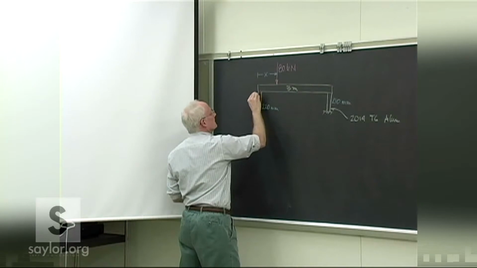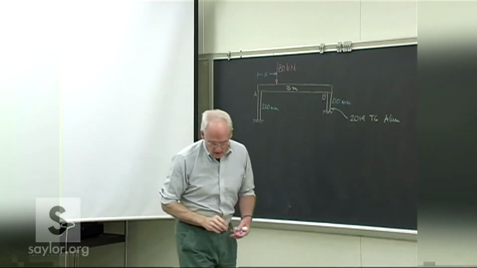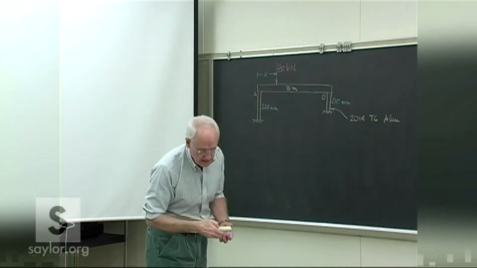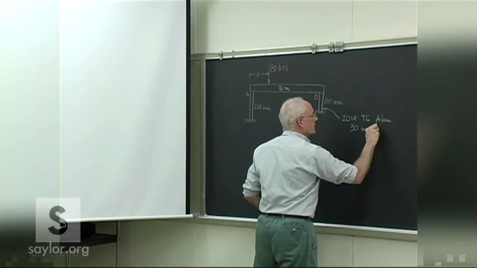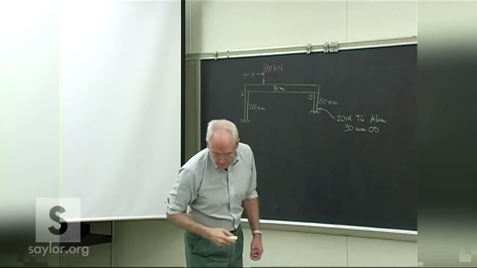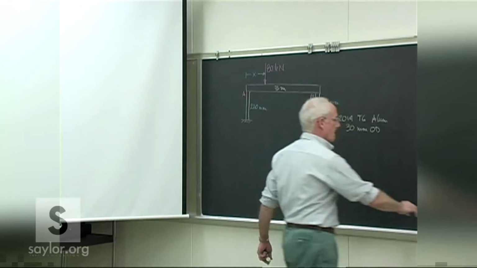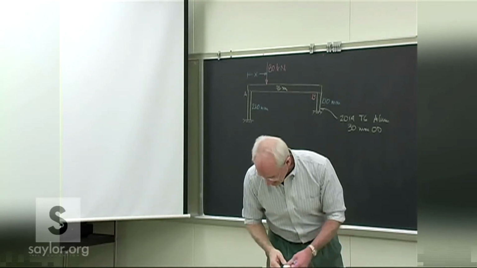So, now if we did that in statics, oh, there's the number I was looking for. I did have another. Both of these are 30 millimeters OD. Circular cross-section. Now, we could have done something with this problem in statics. However,